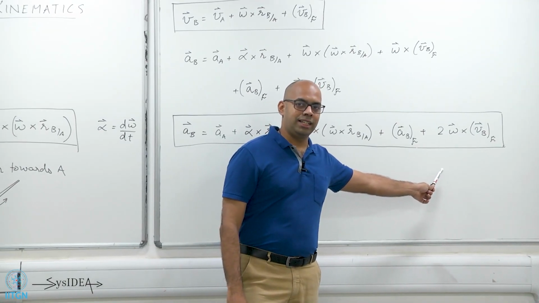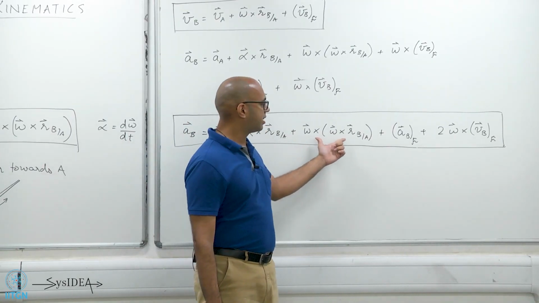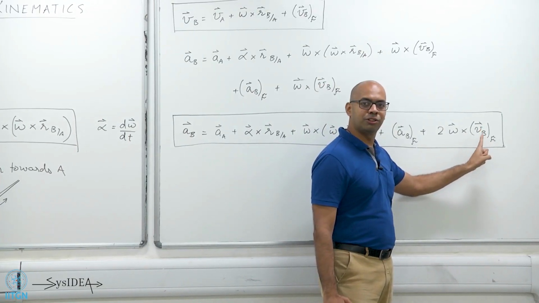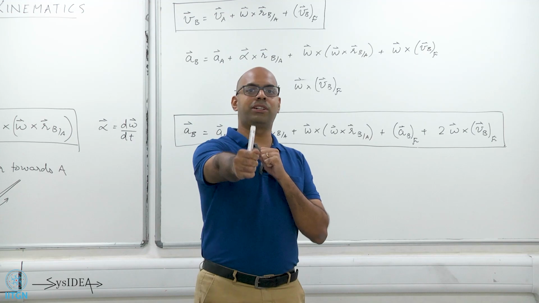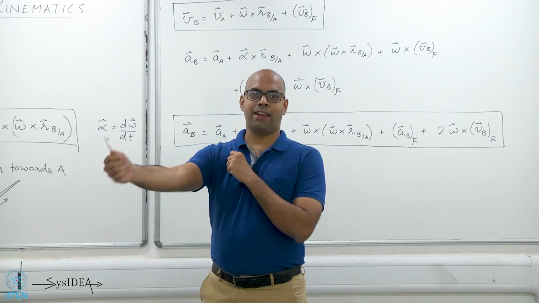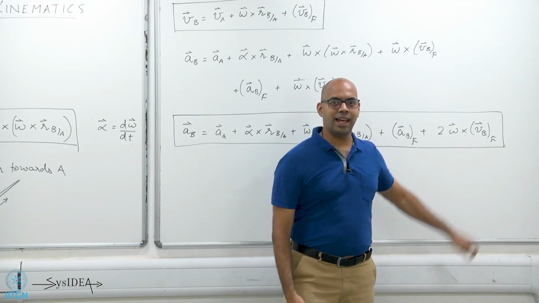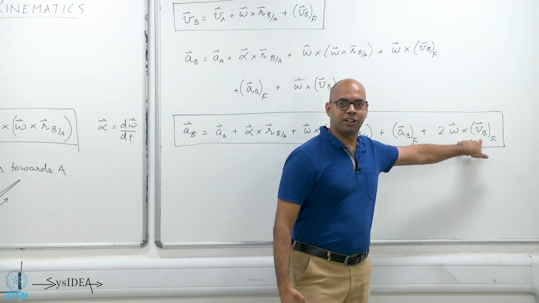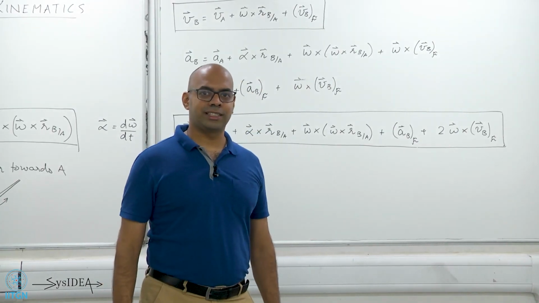You can try it at home, and it is easy to imagine now, after having seen this, that you will get a Coriolis term. Just like we were talking about, this is a tangential acceleration, this is a centripetal acceleration. This you can see right away, since it's a cross product, is always perpendicular to this relative velocity, right? So you can imagine a rigid body between you and your friend when the friend is walking around you, and when they are throwing the ball at you, that is this velocity over here, and you will have a perpendicular component because of this Coriolis term. So you might see a bit of curving, again something for you to test at home.